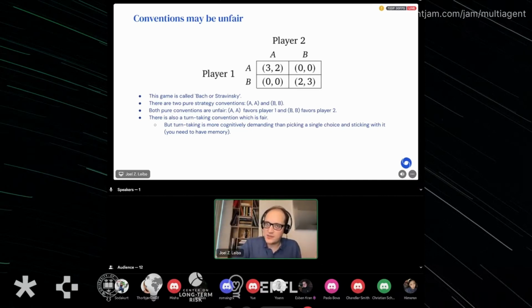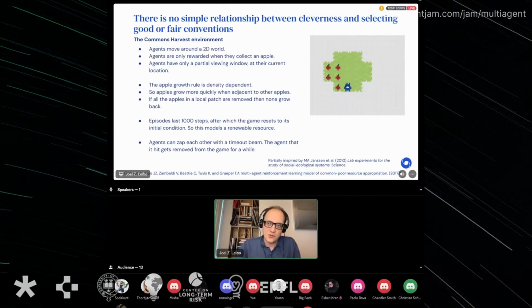So in this case, there are various solutions. Some are unfair, some are fair. And here, doing something a little bit more sophisticated is a way to get to a fairer solution. What I'm going to show you in the rest of this talk is that this is definitely not the usual case. Really, all kinds of things can happen as you change the intelligence or sophistication or other abilities of agents and systems. That's the message I want to bring home here. Sometimes things get better when you add intelligence, but not always. So let's press on. The rest of my examples are going to be a bunch with multi-agent reinforcement learning, and then I'm going to talk about more real-world things later.